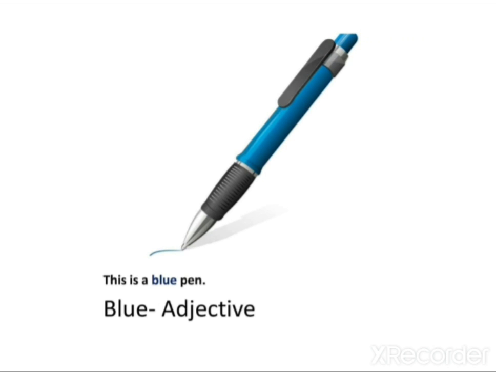An adjective is a word that describes a noun. So, I said before, this is a pen. If I call it a blue pen, blue would be the adjective. Or if I say this is a colorful pen or a dull pen, these are also adjectives to describe the noun pen. Some other examples of adjectives: hot, tall, old, rich, cold, poor. We use these words to describe something.